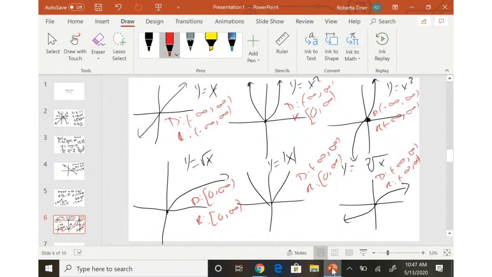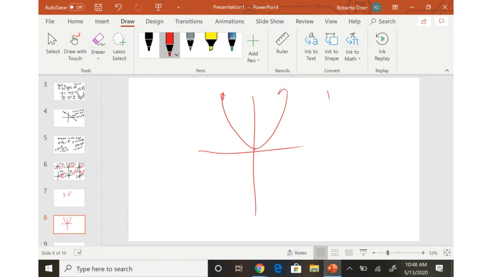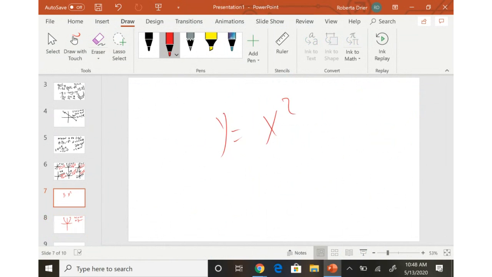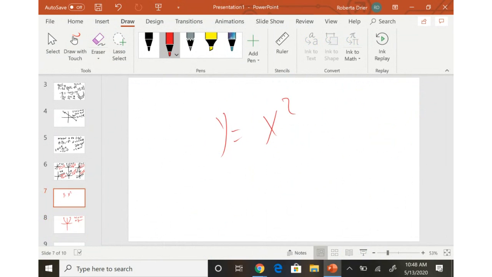If I were you, what I would do is get an index card and do this. On one side of the card, I'd write down the equation. On the other side of the card, I'd write down the graph, the domain, and the range. Does that make sense? And then be able to look at the equation and go, okay, what does this equation look like? Y equals x squared. Get a picture, flip it over. Yes, that's the picture I was thinking of. Or y equals absolute value of x, what does that graph look like? Okay.